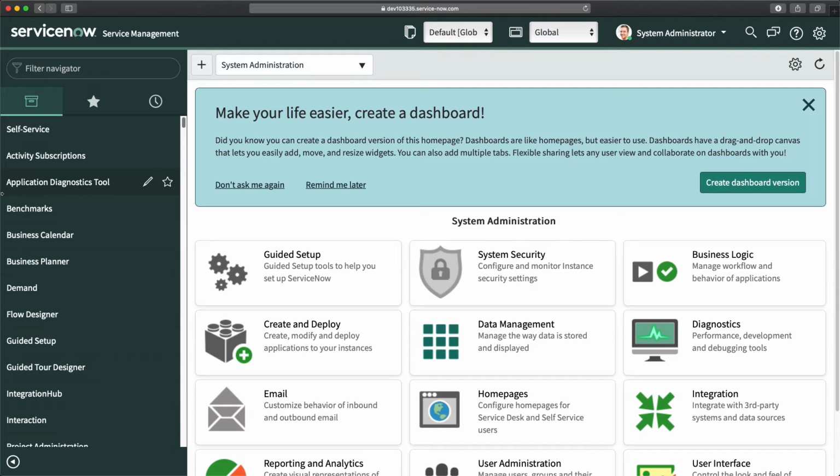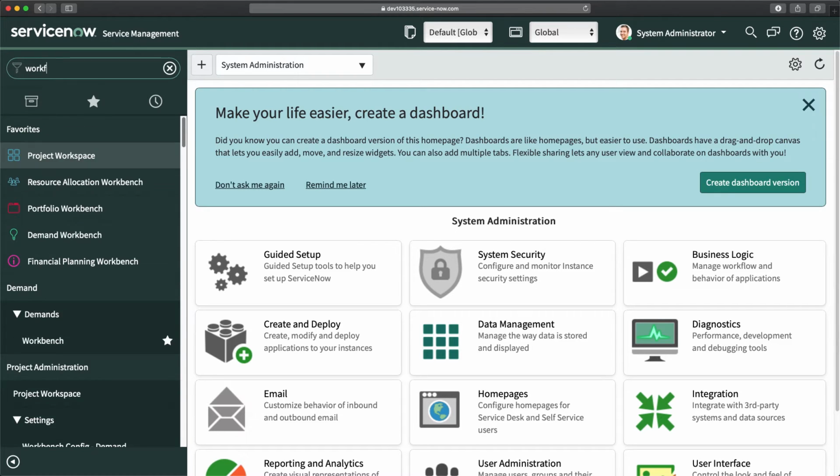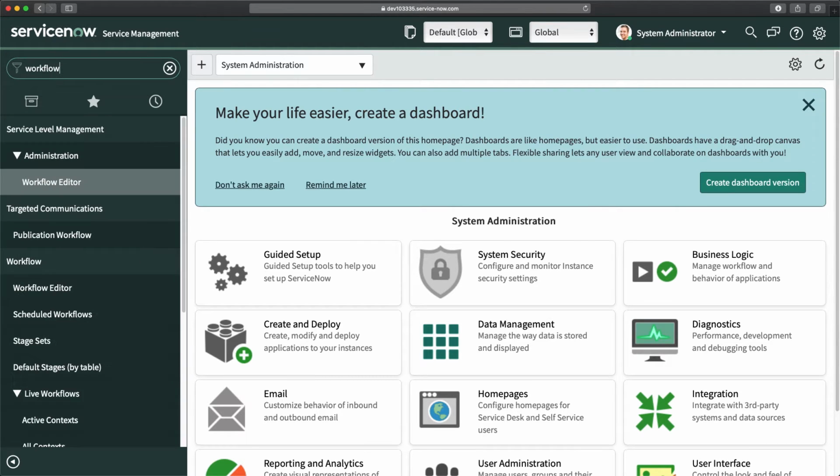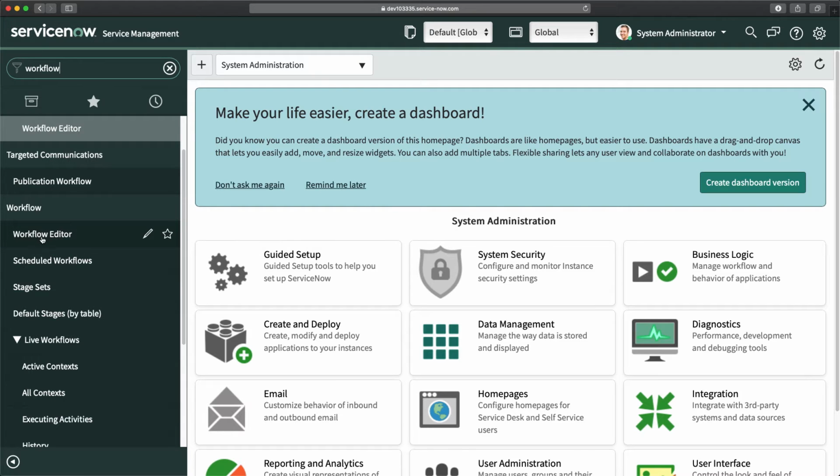So what we will do, we will create this workflow for incident table. Now, as you know, we can create a workflow on any table you want, as per your business requirement. So in this scenario, we are going to create this workflow for incident table. Before that, I will just quickly show you the workflow application we have. If I type workflow over here, I can see this workflow application,